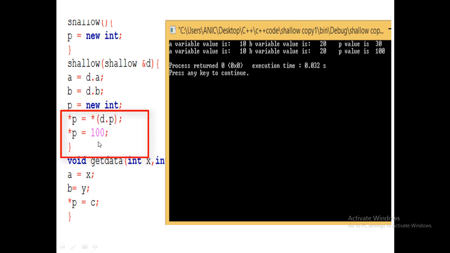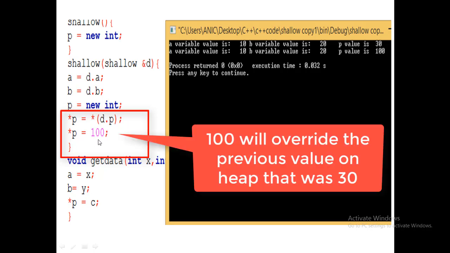Here we set the new value of P as 100. That will override the previous value, which was a copy of the object 1 value. So you can see the change in the result: B is 20, while P, the pointer value, is 100. That overrides the previous value already stored in that specific memory location.